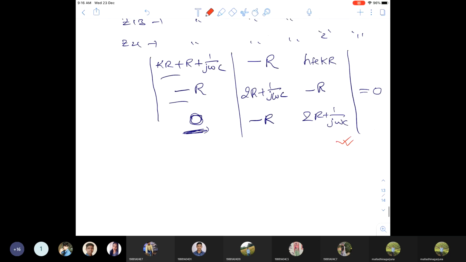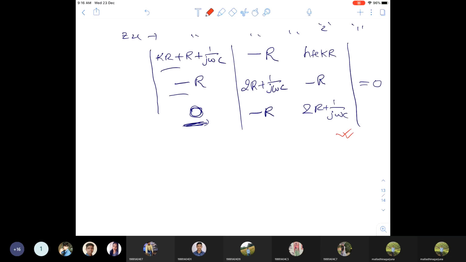Okay, so from this you calculate the determinant. Here there are 3 rows and 3 columns. You can calculate the determinant along any row or any column, all are the same and applicable. Here I'm taking the first column, because in the first column there is a zero term, so my calculation will become simple. That is the reason I'm taking this one.